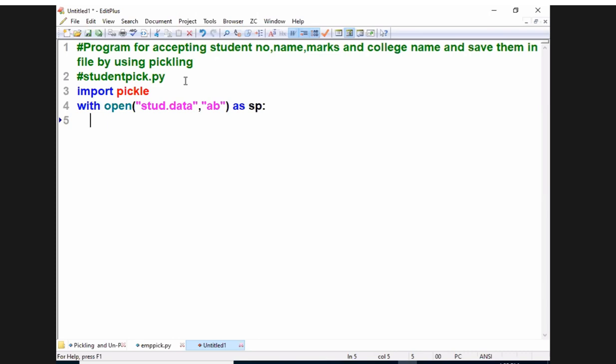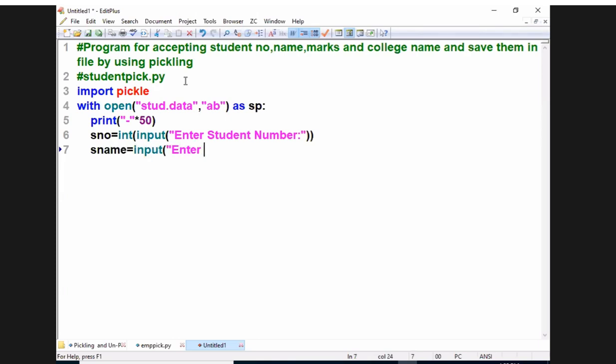So what should I do? Accept the student details. Print enter, something like this. Read the numbers. SNO is equal to int of input of enter student number. Next, SName is equal to input of enter student name. Marks is equal to float of